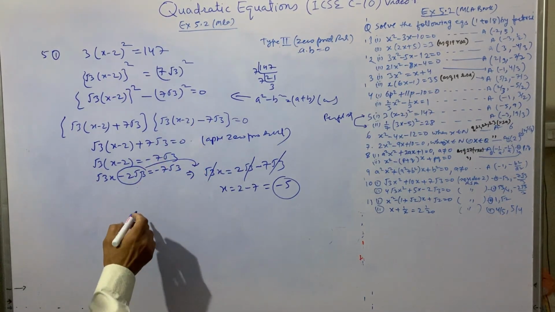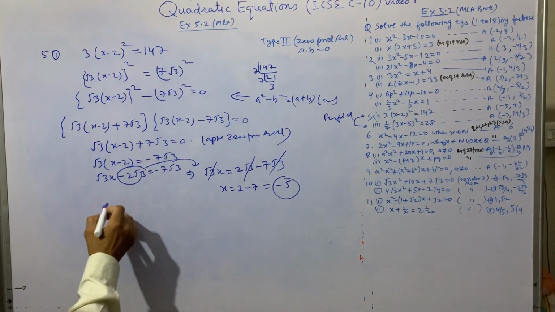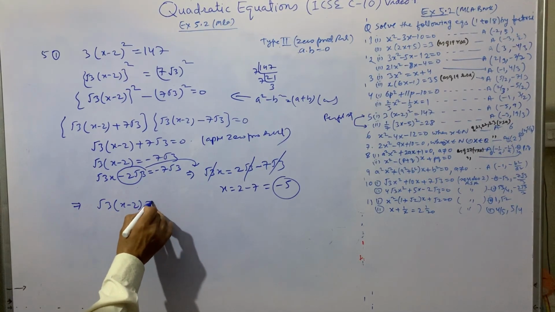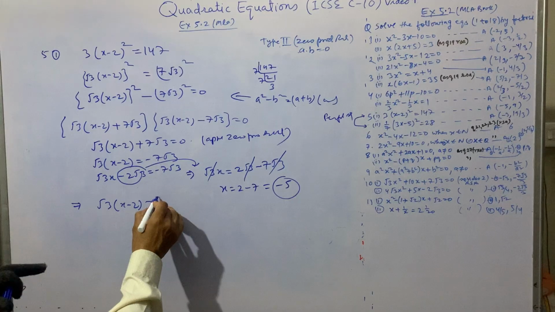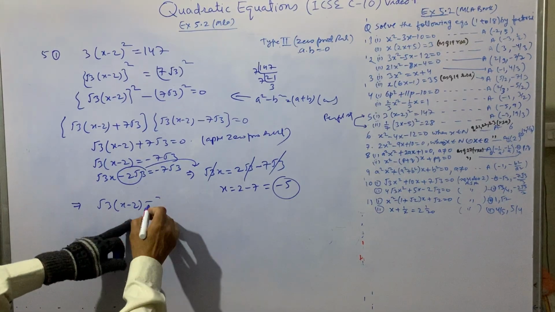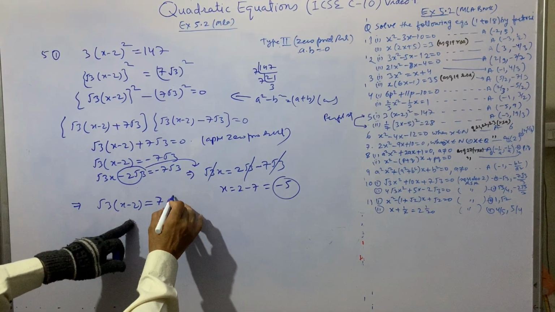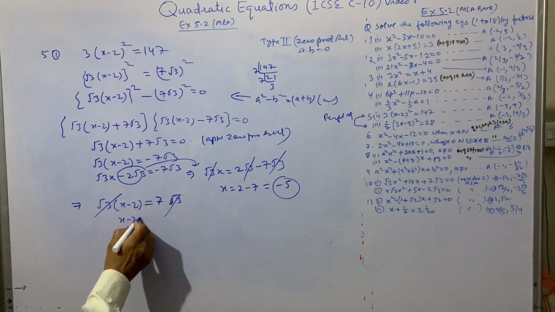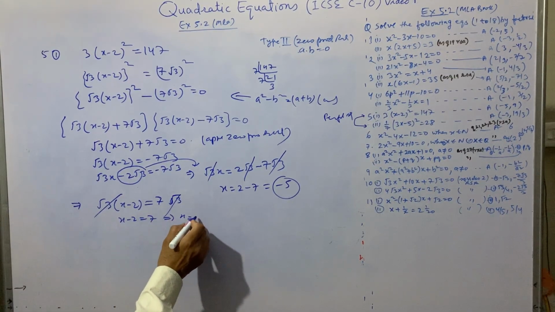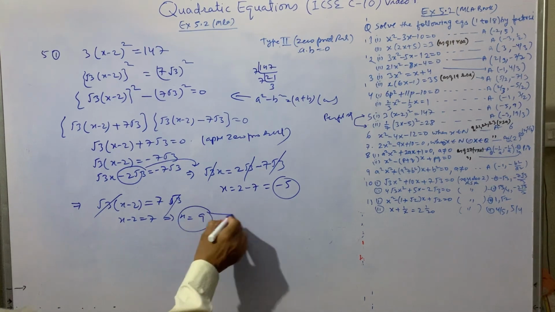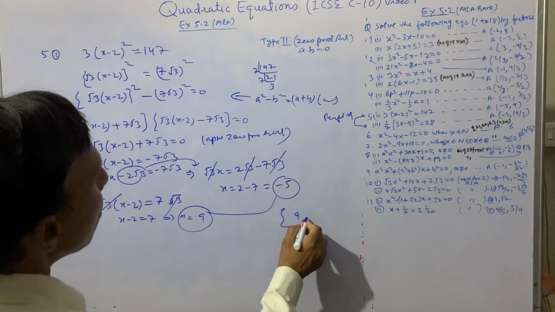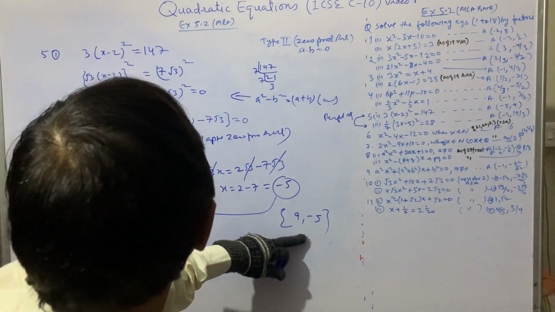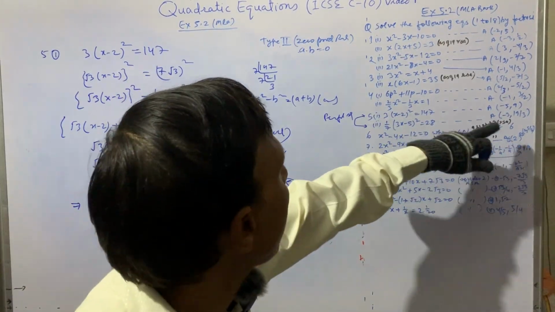दूसरा पार्ट लेने पर, अभी तो हमने पॉजिटिव पार्ट लिया था। तो ऑन टेकिंग द अदर पार्ट, द b पार्ट, ये आएगा √3 x माइनस 2 इज इक्वल टू -7 √3। अब हम इसको सीधे उधर भेज देते हैं, तो ये 7 √3 पॉजिटिव हो जाएगा। √3 से √3 कैंसिल होगा, तो x माइनस 2 इज इक्वल टू 7 हुआ। तो x इज इक्वल टू 7 + 2 यानी 9। तो सेकंड वैल्यू आ गई। तो इसके आंसर आ गए 9 और -5। परफेक्टली मैचिंग, दोनों सॉल्यूशंस हमारे आ गए। फिफ्थ का फर्स्ट पार्ट।